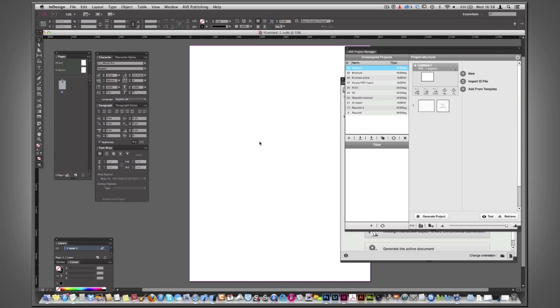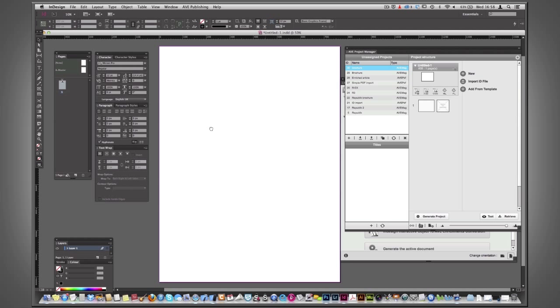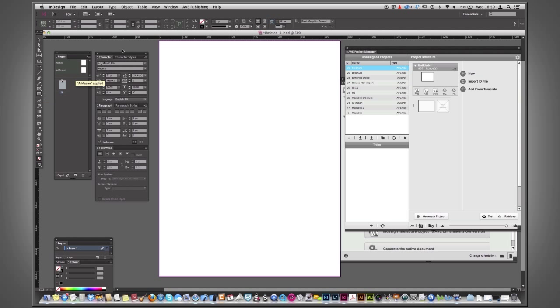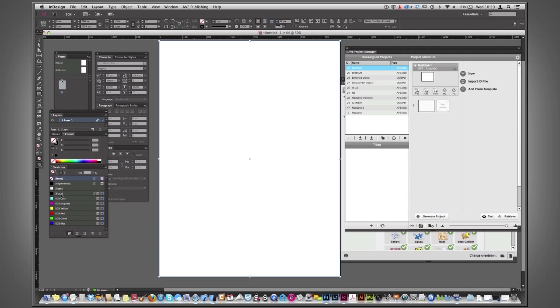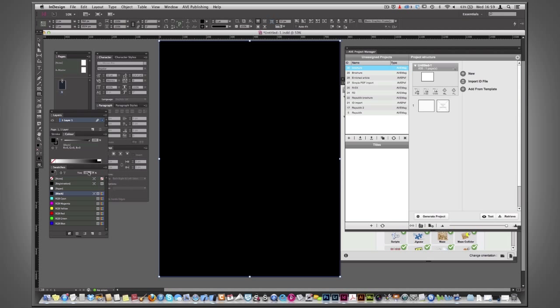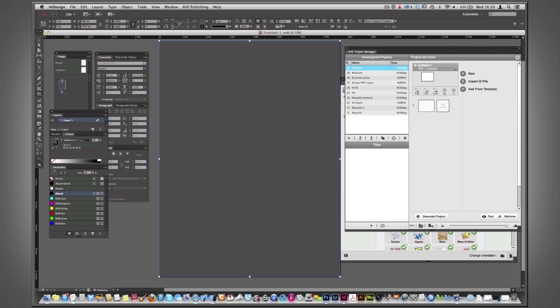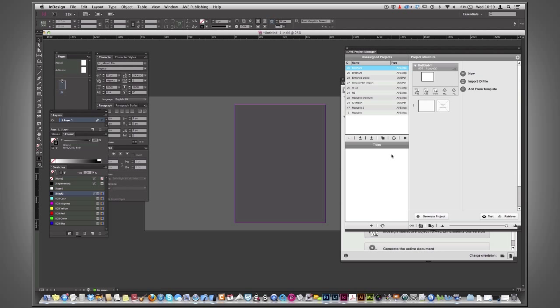Now, let's just have a look how this works in practice. So we're working in the portrait orientation, and so we're just going to get a shape and we're going to place that on the page here, and all of the usual ways that you work in InDesign hold true. So we're just going to make that a grey background here, and I'm just going to take off the frame around it, and then we'll see that if we switch orientation,